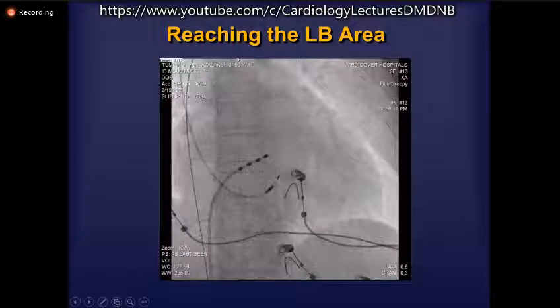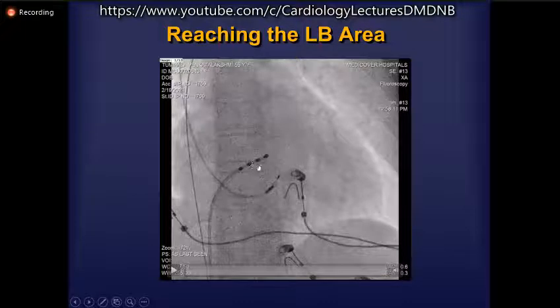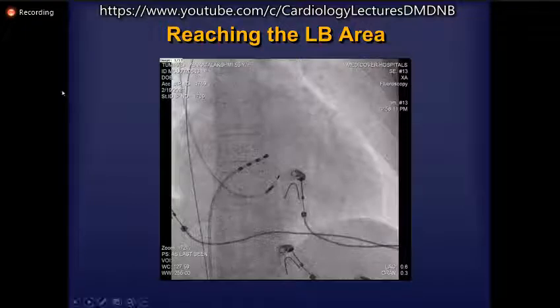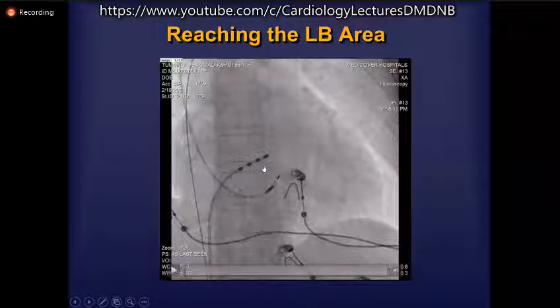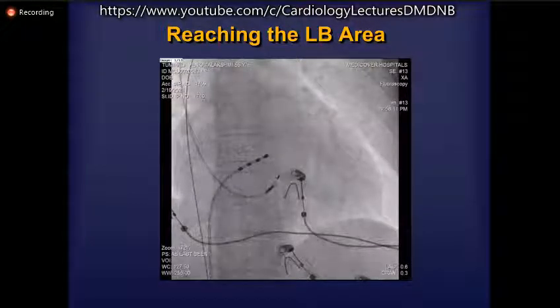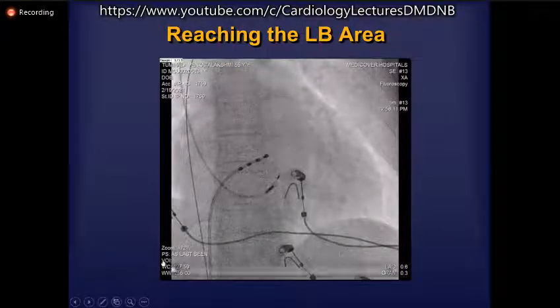So in this particular patient, the His was located at a very high location, and therefore we had extreme difficulty in reaching the His bundle location. We were able to reach the location with a little bit of difficulty, but we found here one of the limitations of His bundle pacing, that our R wave was extremely small. It was just about 1 millivolt, and therefore we did not want to risk a ventricular undersensing, and so we decided to go ahead with left bundle pacing in this particular case.